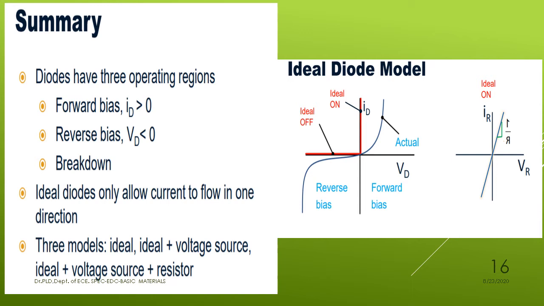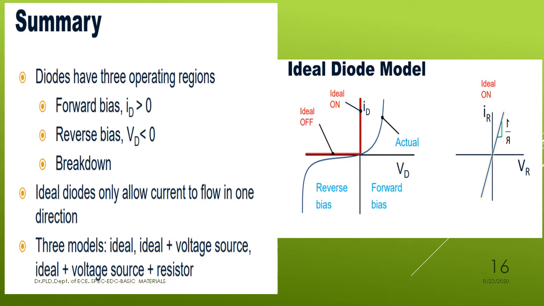That's why we can observe a sudden sharp line on the y-axis. Similarly, in its reverse bias, it allows 0 current, whatever the biasing voltage we apply to the diode. That's why it shows a horizontal line on the x-axis. That's the ideal on and off diode characteristics. The ideal diode only allows current to flow in one direction, that's from